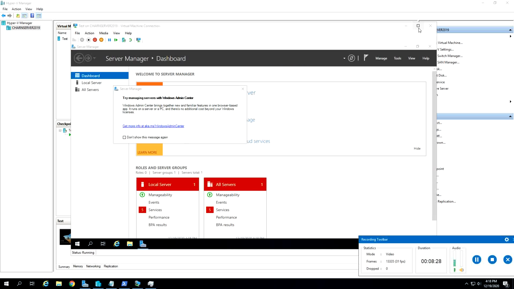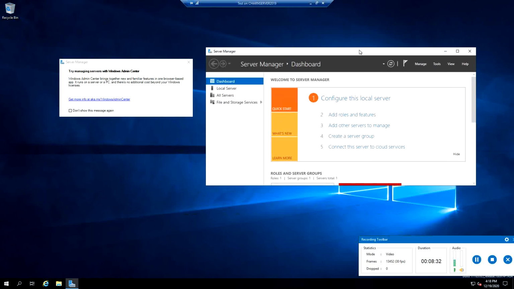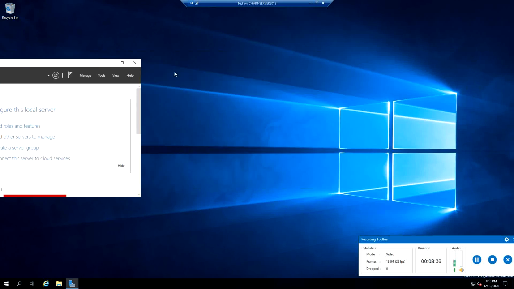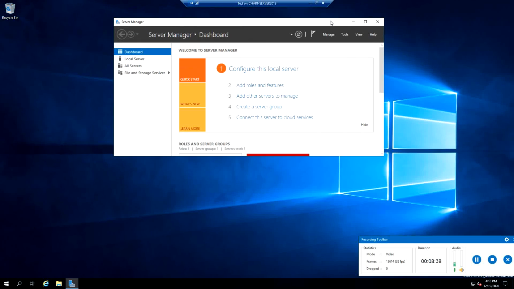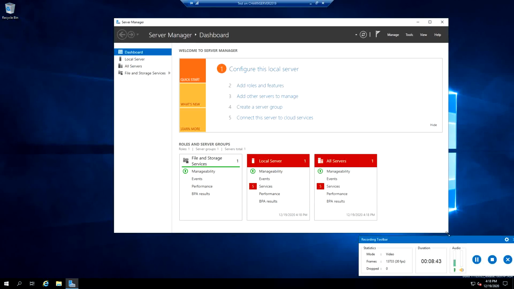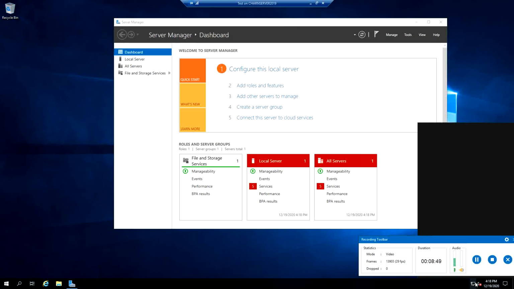When we make it full screen, it's basically like any other computer. It might just be a bit slower. You could always give it more resources. But everything else is here, and because we assigned the external